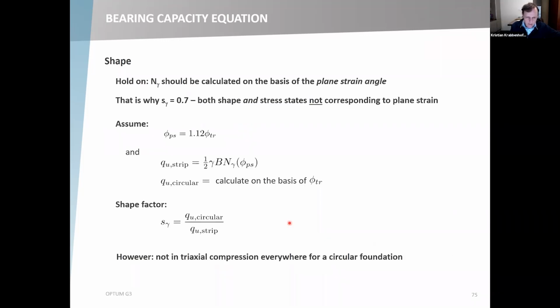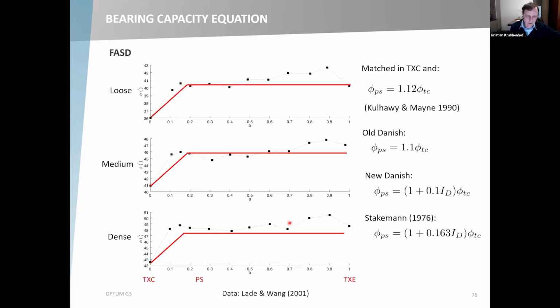The idea with the fast model was, of course, that this is conservative because you're not in plane strain underneath a circular foundation, but you're not really at the triaxial compression corner at every single stress point either. You're somewhere in between at most points, and this is where the so-called fast model comes in and takes into account that the friction angle varies